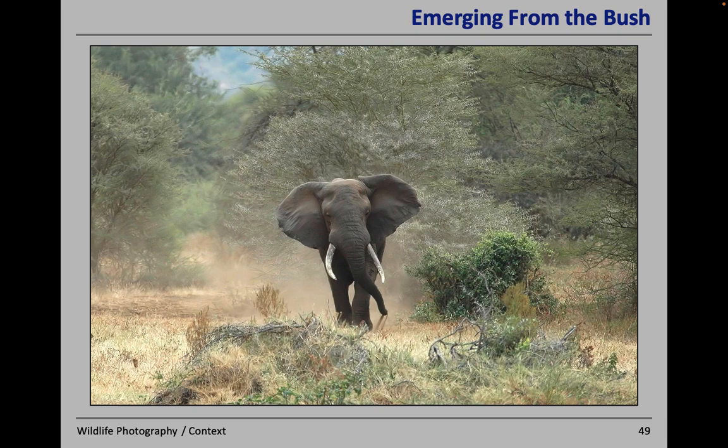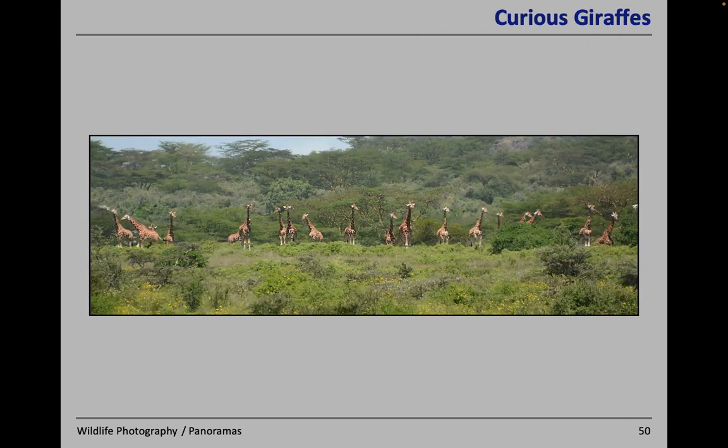The intention was to give the context. This is what bull elephants do. They walk through the bush, and this was intended to pick up that environment of: this is the bush, this is the natural habitat of the elephant. This wasn't taken in a zoo, this was taken in East Africa. And occasionally,